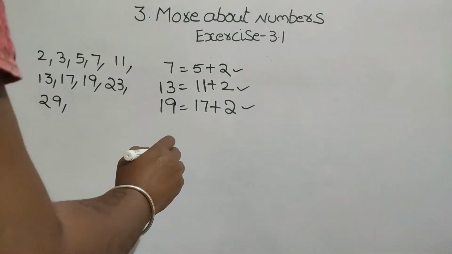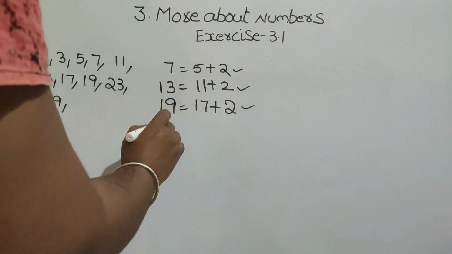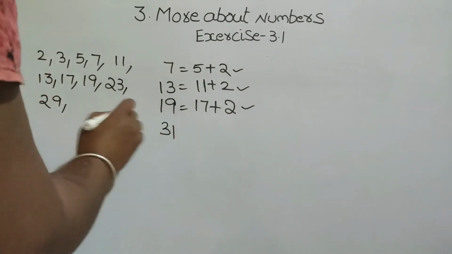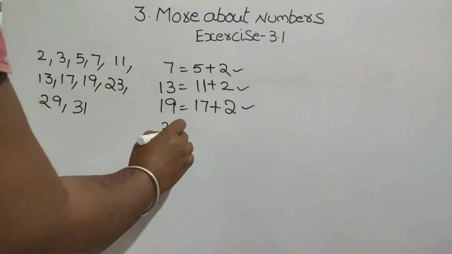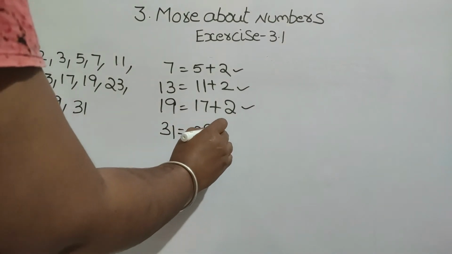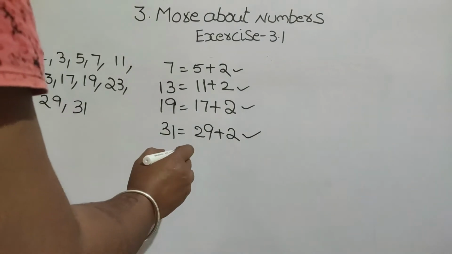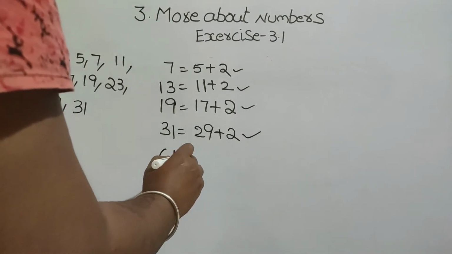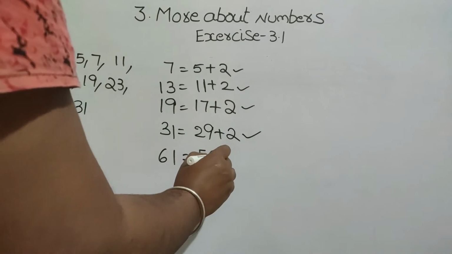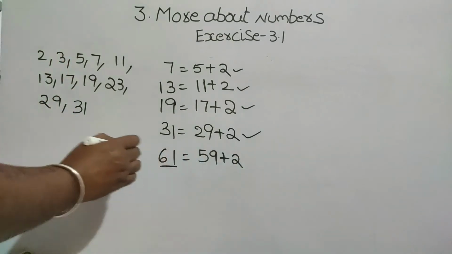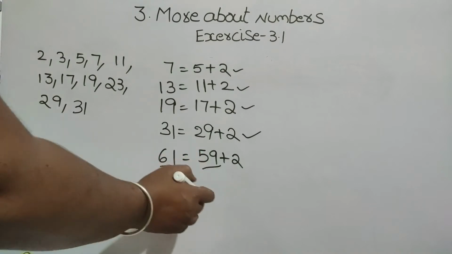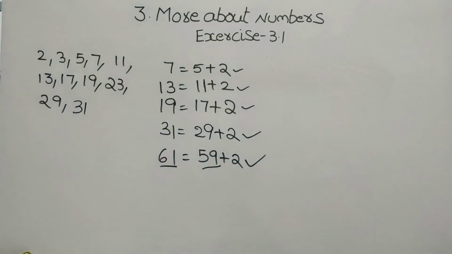Next one, 31. Next one is 31 here. 31, 29 plus 2. And the last one, 61, 59 plus 2. 61 is also a prime number, 59 is also a prime number and 2 is also a prime number. 5 prime numbers, addition of 2 prime numbers. This is the answer. And the next question is,